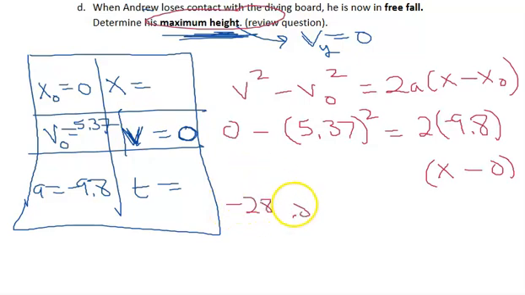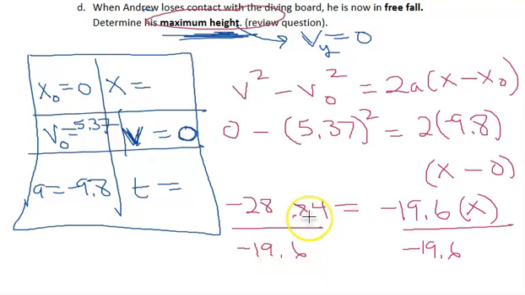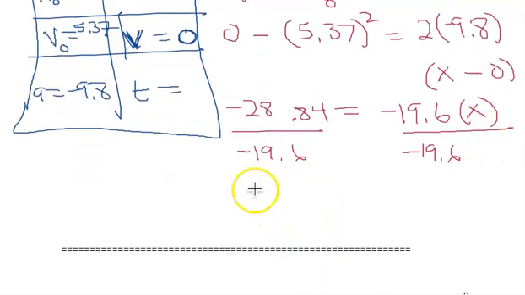Minus 28.84 equals, watch your plus and minuses. It's 2 times negative 9.8, which is negative 19.6 times x minus 0, but that 0 goes away, so it's just times x. Okay, that's good that the minus signs are going to cancel. So his max height, oops, I should have said y because it's up and down. His max height is 1.47